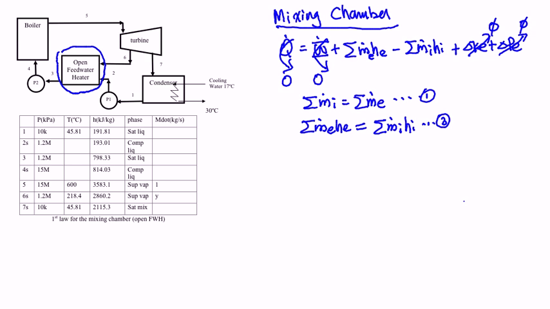So in our particular case, if I were to look at my open feed water heater and to write my governing mass flow rate, I can then say what comes in must equal to what leaves. Oops, sorry, it should be 3. And m2 h2 plus m6 h6 must equal to what leaves as well. Therefore,